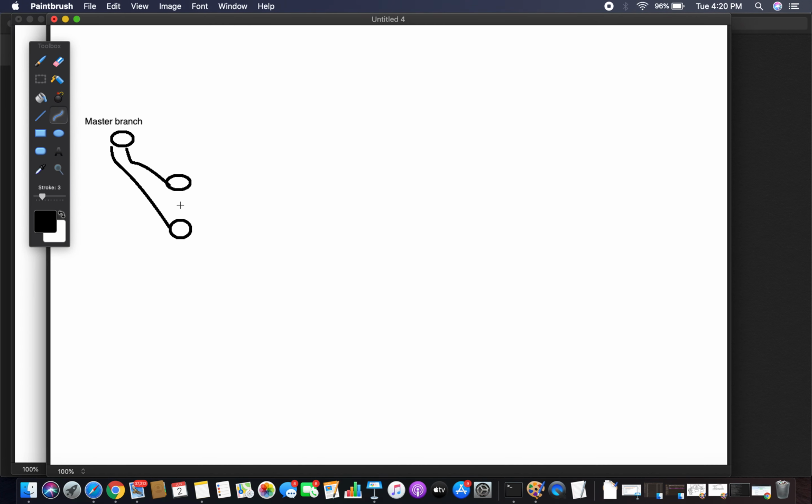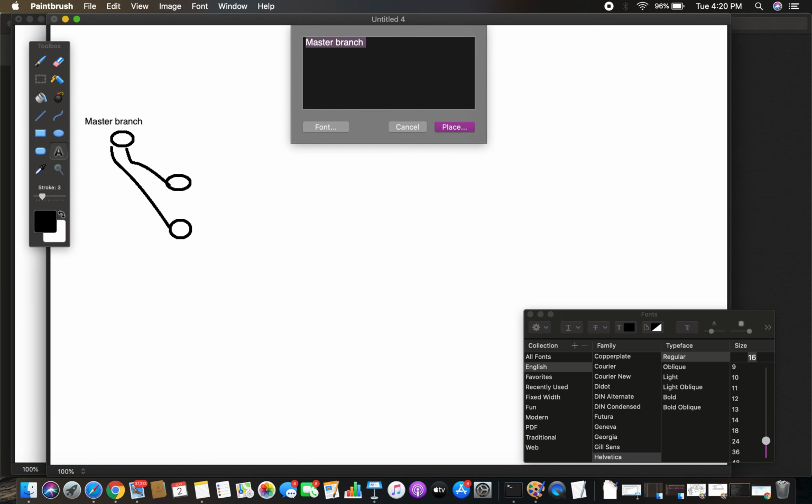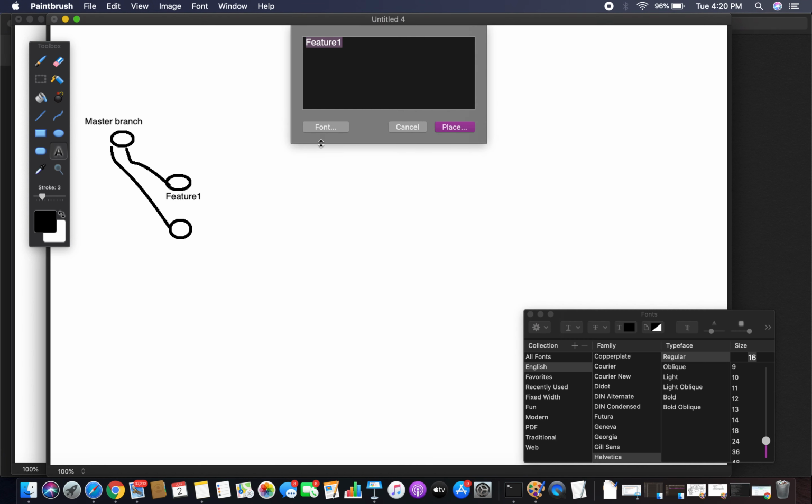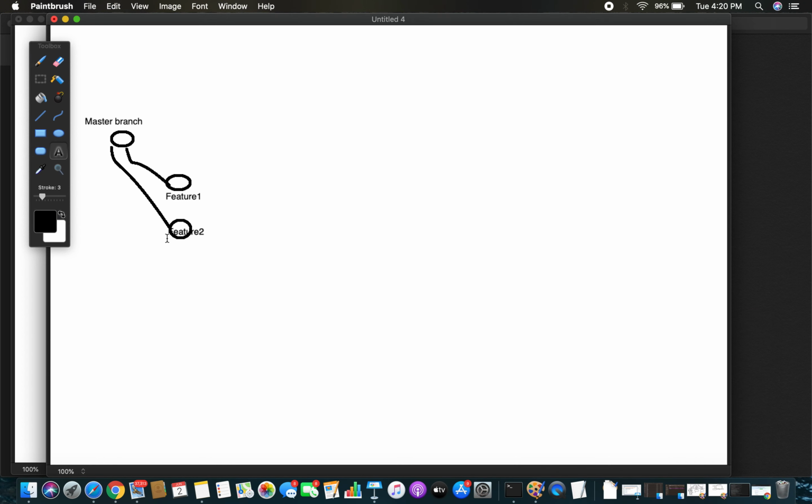Assume these are the two feature branches: feature 1, and this is feature 2.